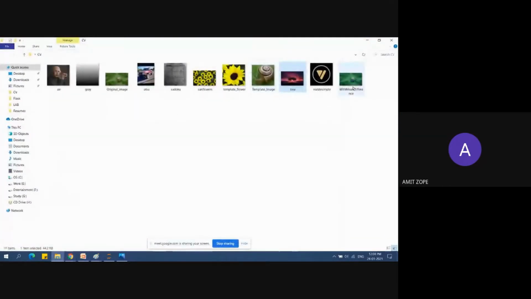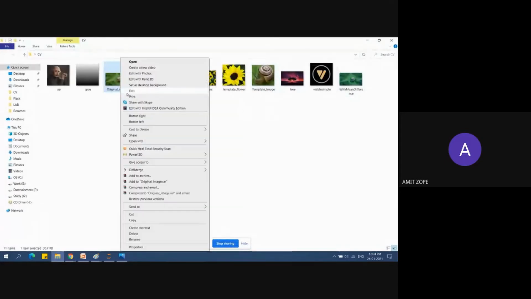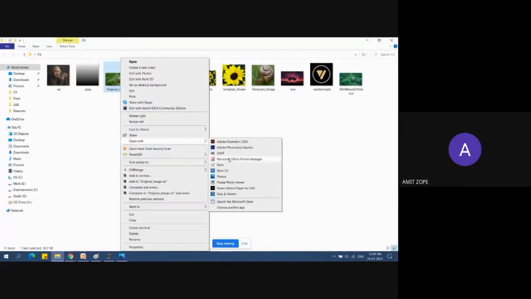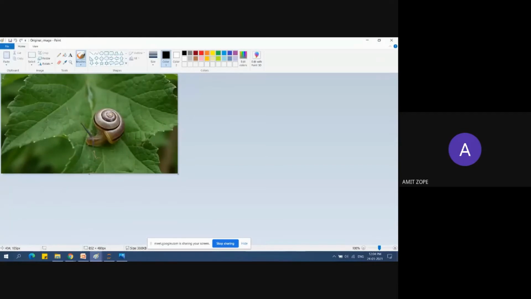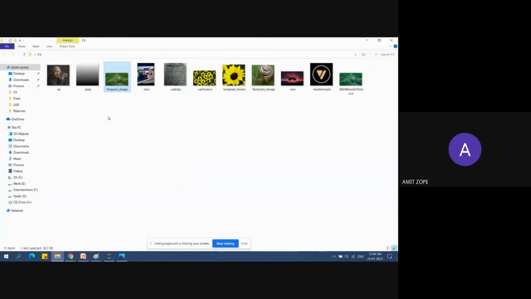I will open the image. I will be taking this image for the template matching. I will match this template in this image. You can see that I have this original image here, and this is the template image.